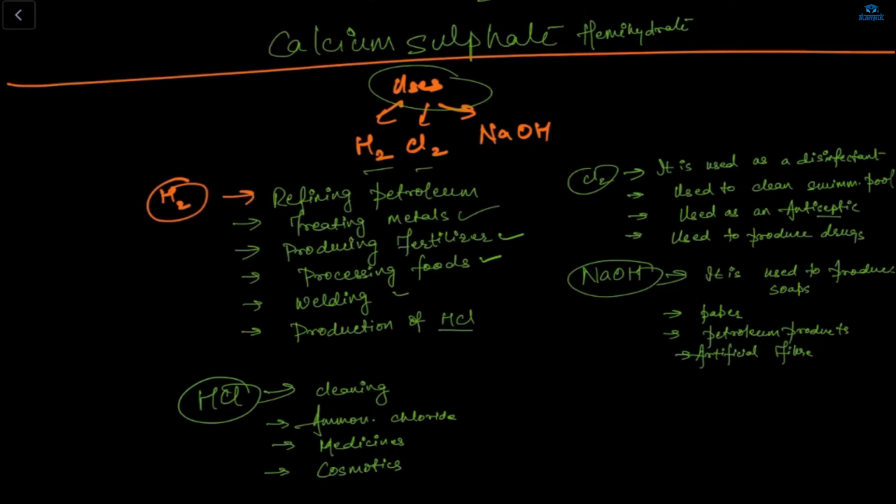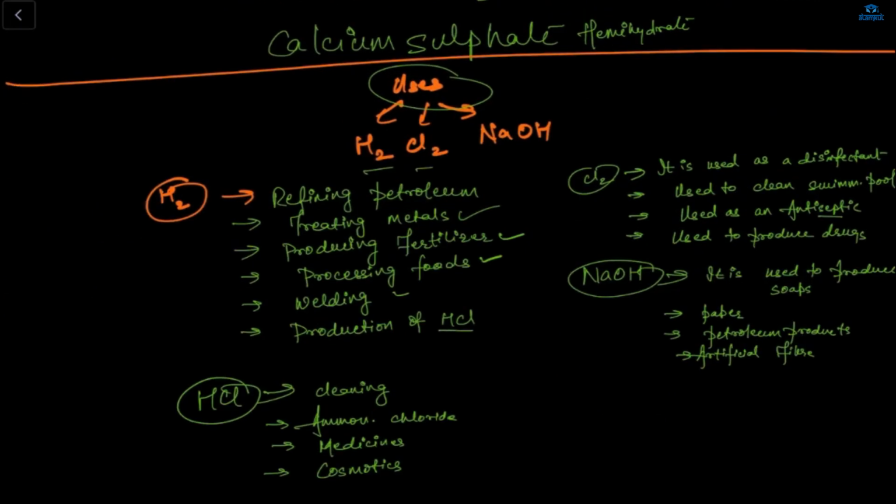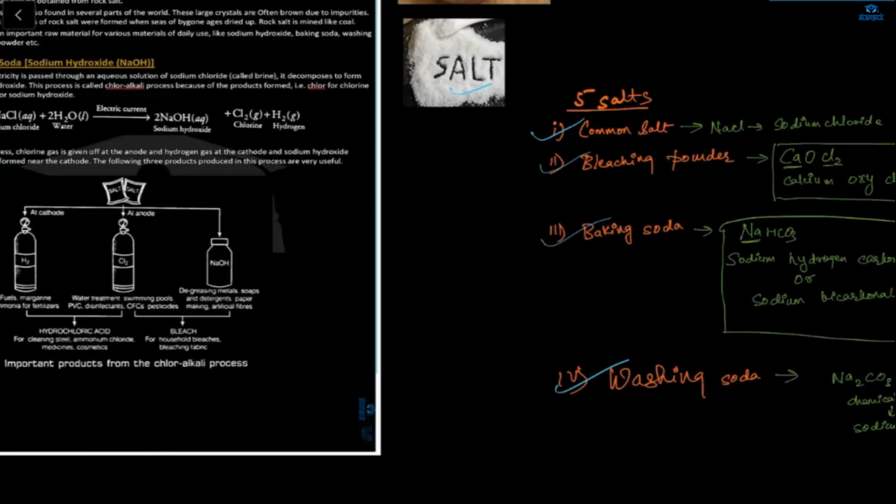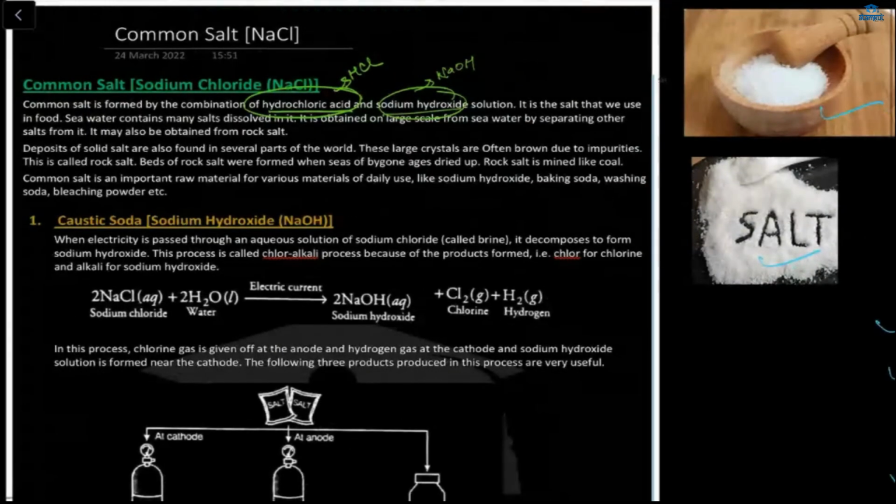Why? Because HCl means the hydrogen gas and the chlorine gas. So my common salt is the combination of these two things. You'll also write the uses of the hydrogen gas, chlorine gas, as well as the use of this HCl. Okay. And the sodium hydroxide solution,